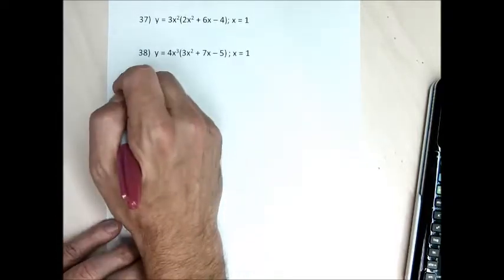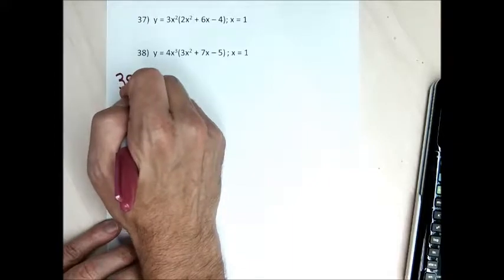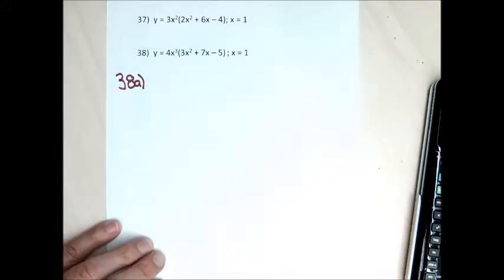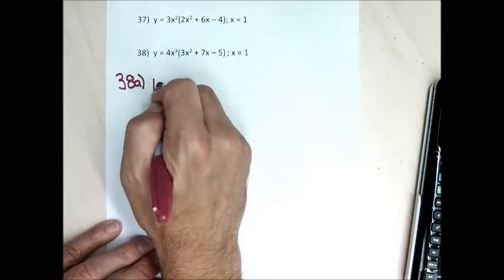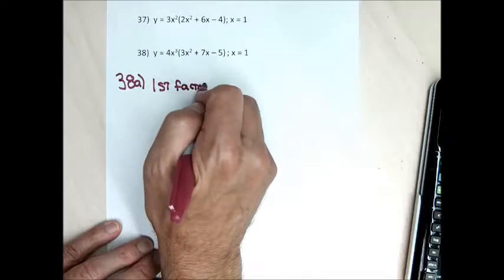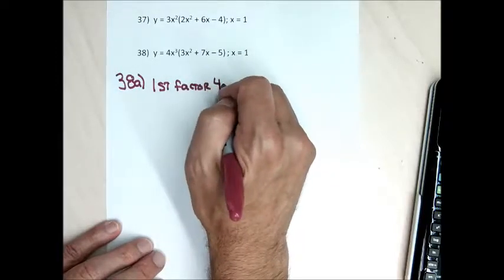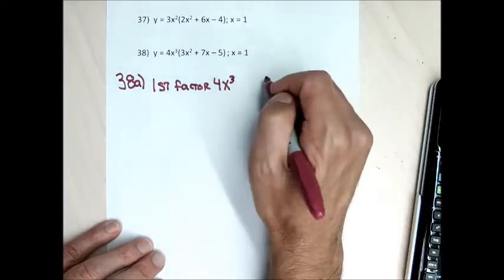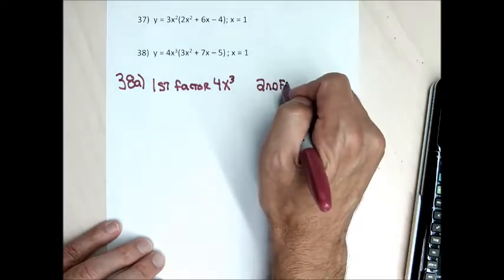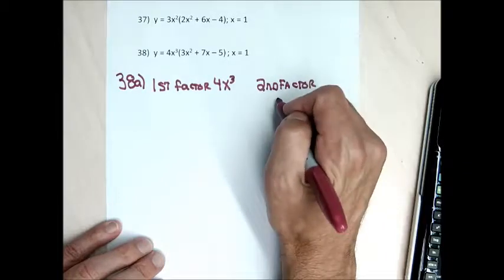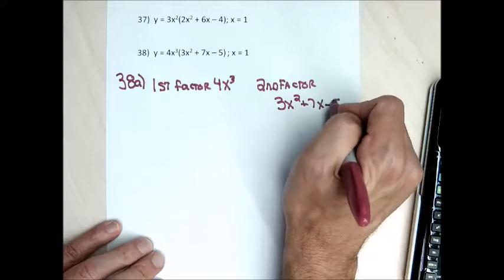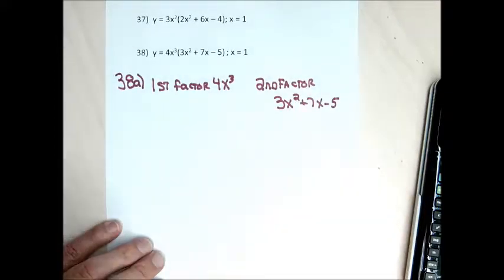Let me do 38a, the long-ish way. So first I need to find the derivative so I can find the slope. So I need first factor. There's a shortcut to do this on my calculator that I'm wanting to show you, but I'm almost thinking not to do that because then students will just do the shortcut and not do the math. So there's my first factor, second factor,